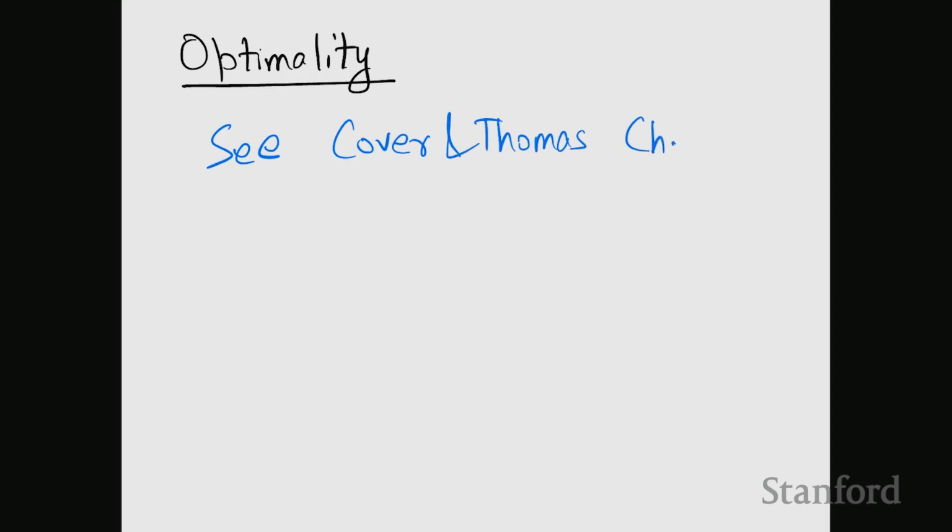So why is it optimal, right? Just satisfying those 2 conditions doesn't make the code optimal. You need to prove that it is actually optimal. We will not prove it in class. So we will see the lecture notes. Actually, it's not in the lecture notes. You need to see the book. So you see Cover and Thomas chapter 5 for the proof of optimality. It's based on an argument which is roughly that